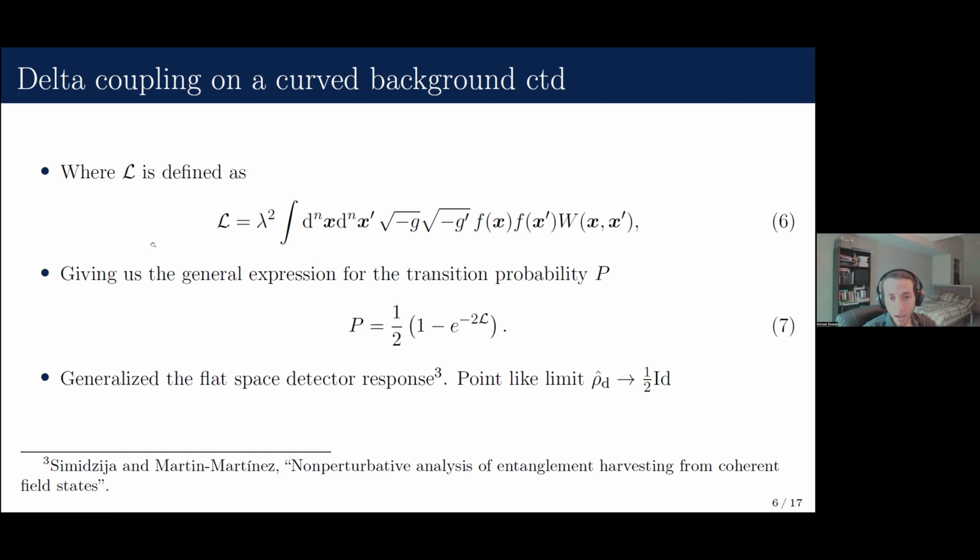This term blows up slower than the exponential. This whole thing gets suppressed, and we're left with the transition probability of 1/2, because we end up with a maximally mixed state for the detector, and this becomes important later. So